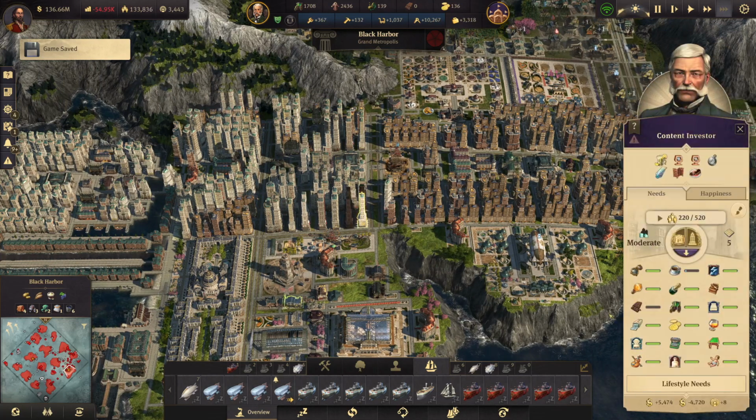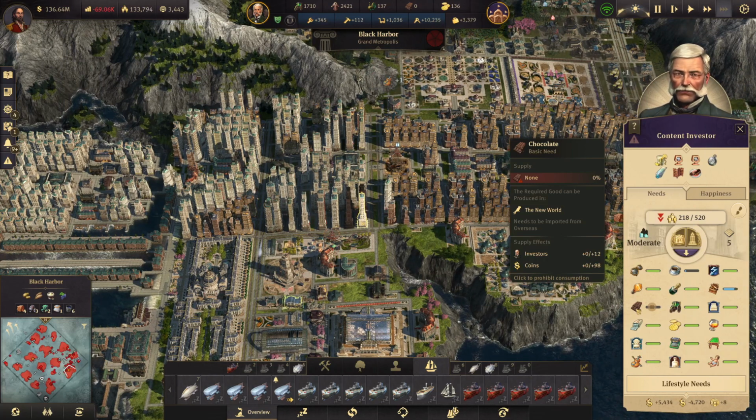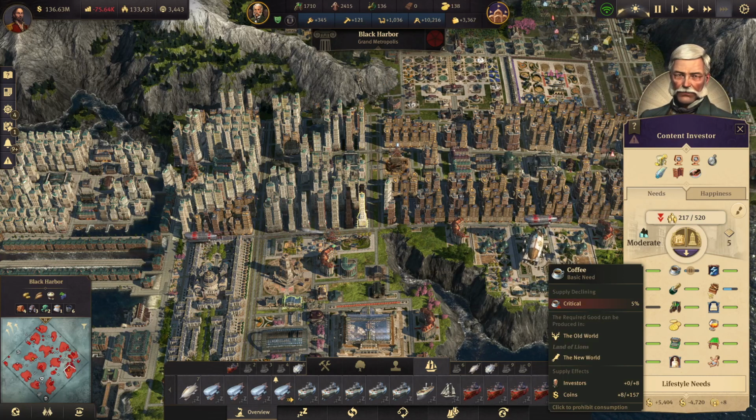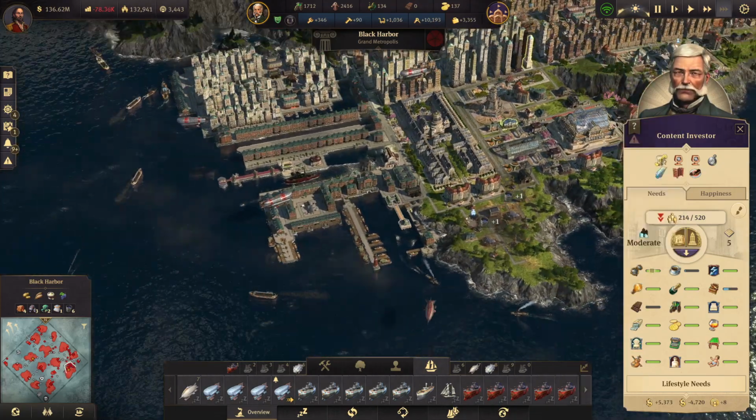Chocolate's a bitch. 100 coins almost. And 12 investors. Just for having chocolate. And then the coffee. And cigars. So